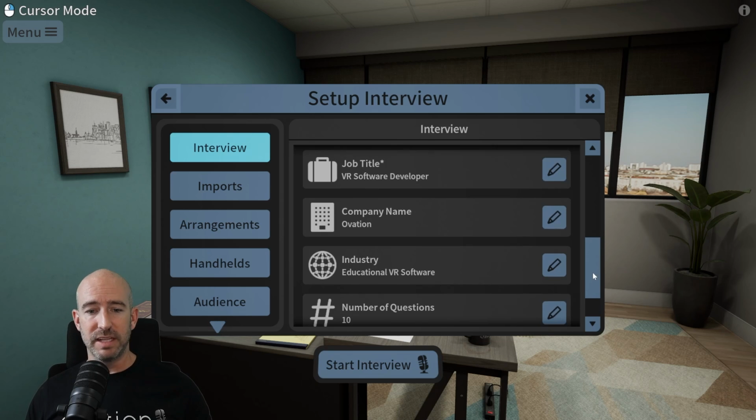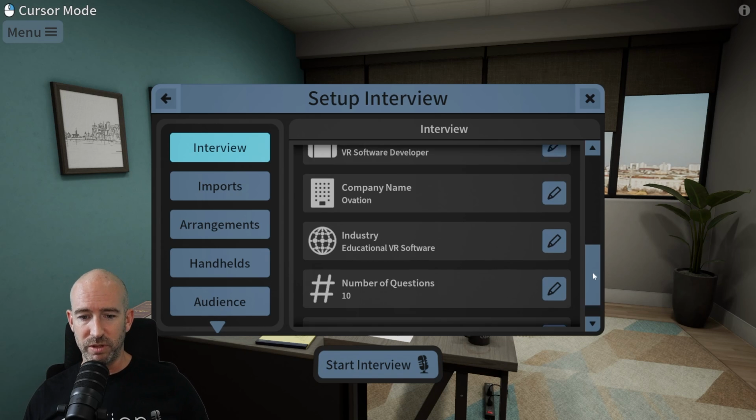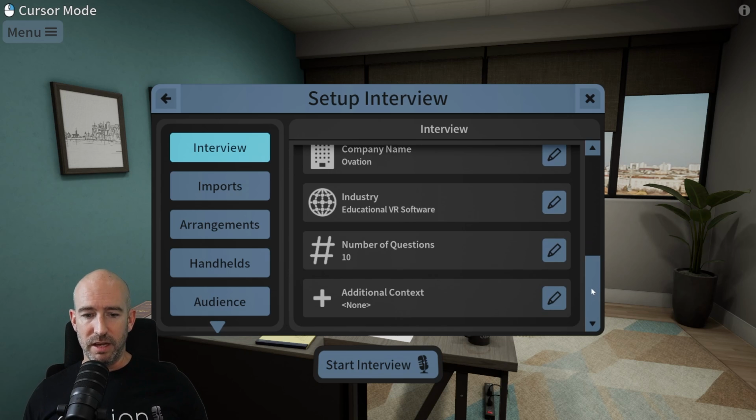You can enter in a name that everyone's heard of and a lot of people apply for jobs at, or a company that the AI's never heard of. And in any case, it's going to be able to generate interview questions for you. And you can determine how many questions you're going to get during the interview. And then you can